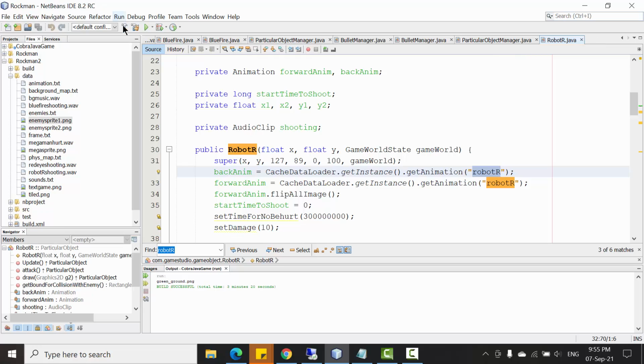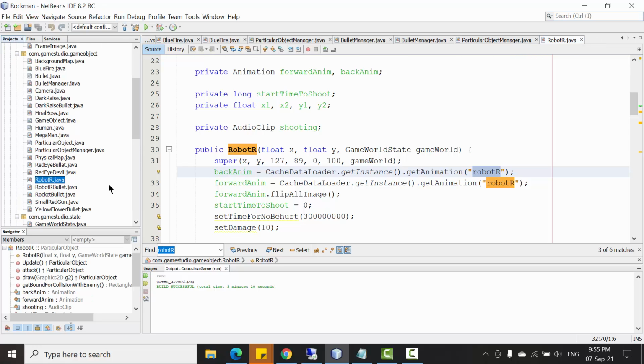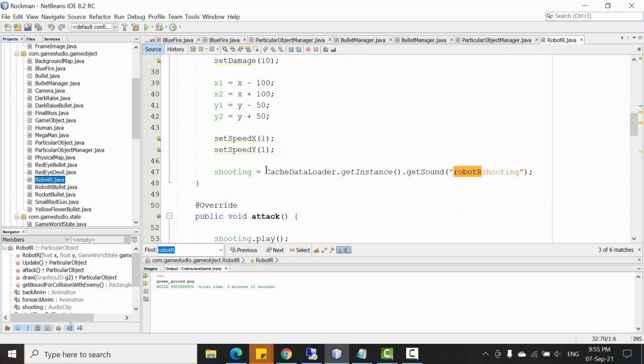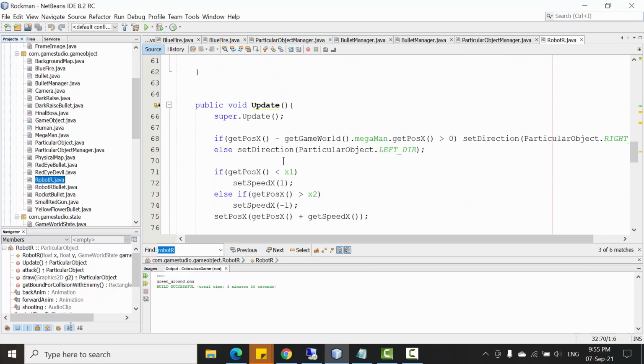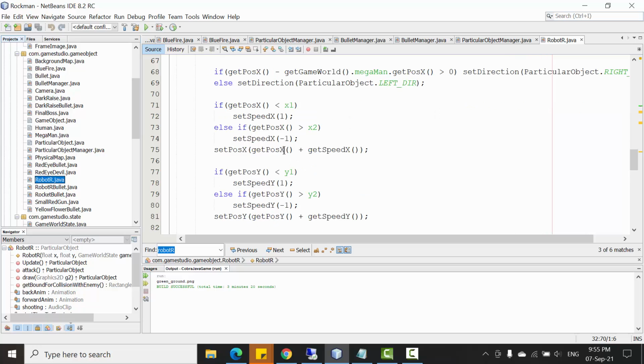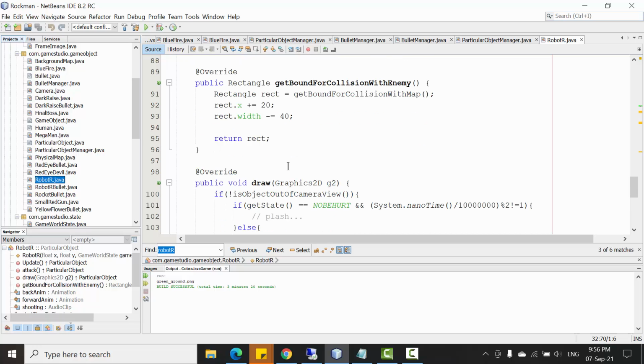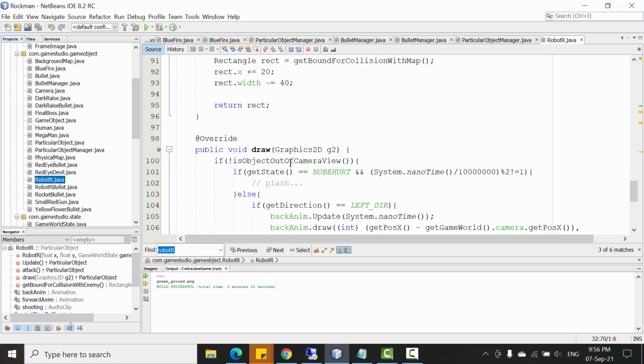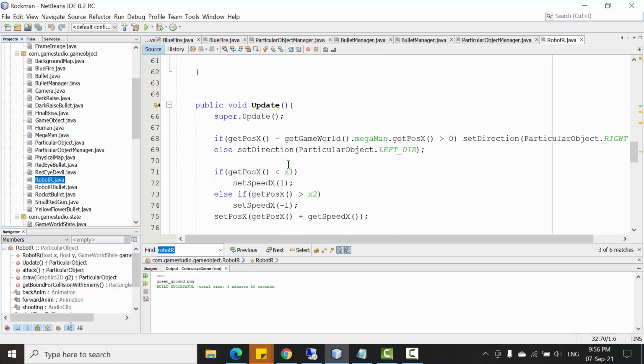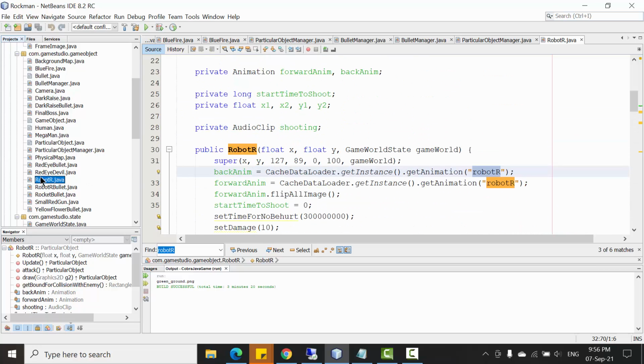So in this, I just copy all the things in this robot. Okay, so you can read the whole code, and yeah, this is easy to understand, right? So just copy this,